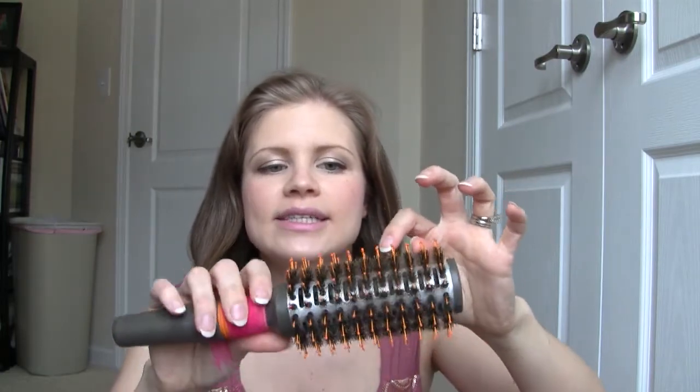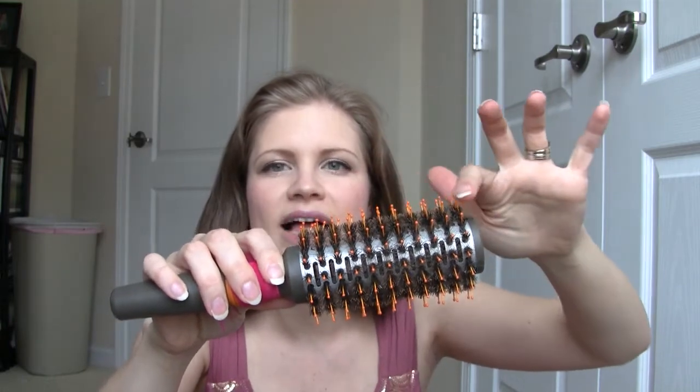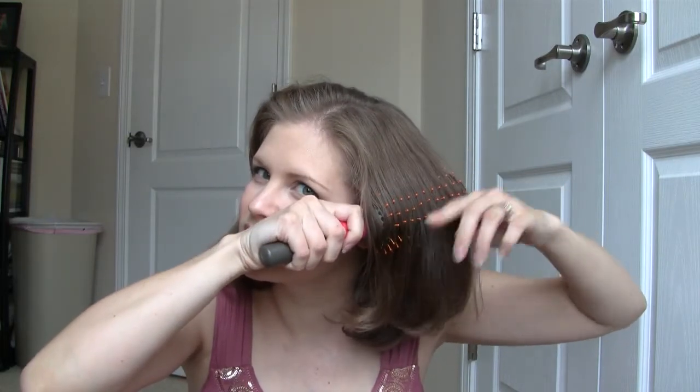But the reason I suffer through that whole part is because of other brushes that I've had in the past. I feel like this type works best for me, where it's ceramic and has these kinds of bristles and these longer plastic ones, because my hair, like I said, is thick and I need something like this, so it sticks out a little bit so that I can get all the way